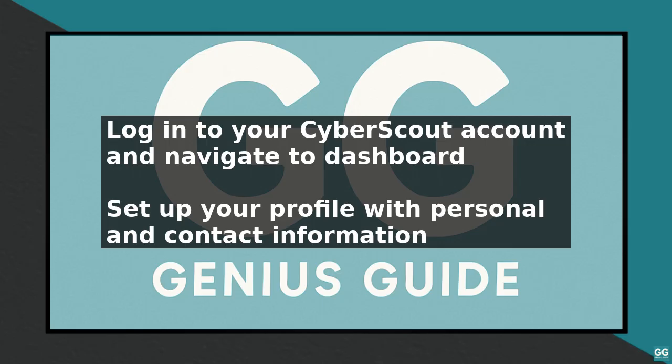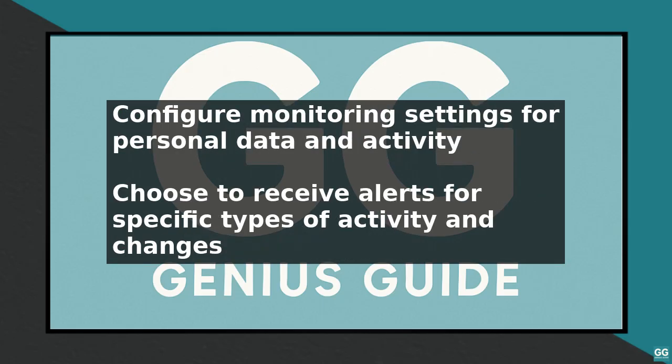This information is used to tailor the services to your specific needs and ensure that you receive relevant alerts and notifications. Next, you will need to configure your monitoring settings, which include selecting the types of personal data you want to monitor, such as your social security number, credit cards, and bank accounts. You can also choose to receive alerts for specific types of activity, such as credit inquiries or changes to your